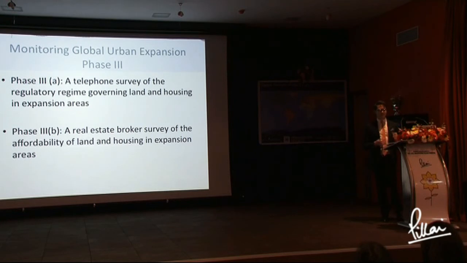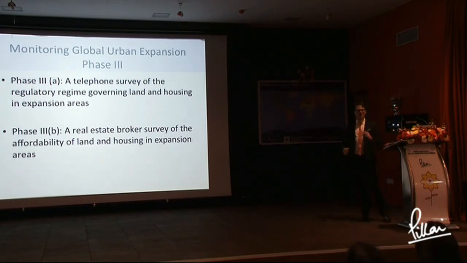One thing that Pritika mentioned is my university, New York University, has a partnership with the United Nations Human Settlements Program, UN Habitat. And it's through this partnership that we're undertaking this research. So why does this matter? UN Habitat organizes itself around a series of conferences called the Habitat Conferences. And they happen every 20 years. So the first one was in 1976. The most recent one was in 1996. The next one is happening in 2016. And this is the Habitat 3 conference.